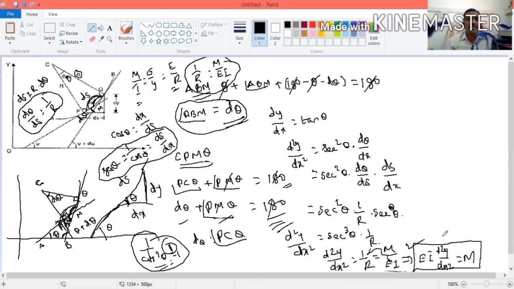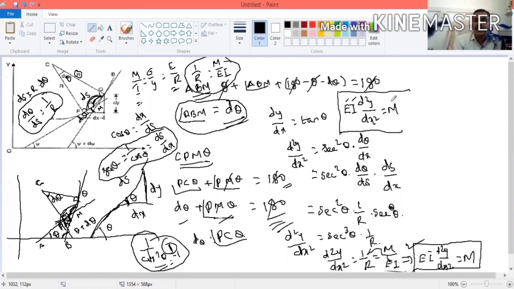So what is the differential equation for deflection? That is EI into d square y by dx square is equal to M. Here E is Young's modulus, I is the moment of inertia, and M is the moment. These two we can get easily, and M for any problem, if you want to calculate the slope or deflection,